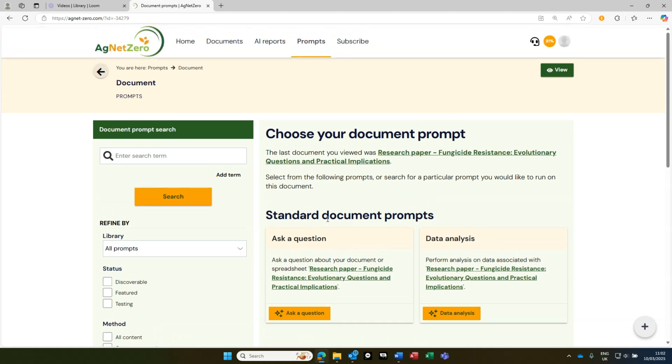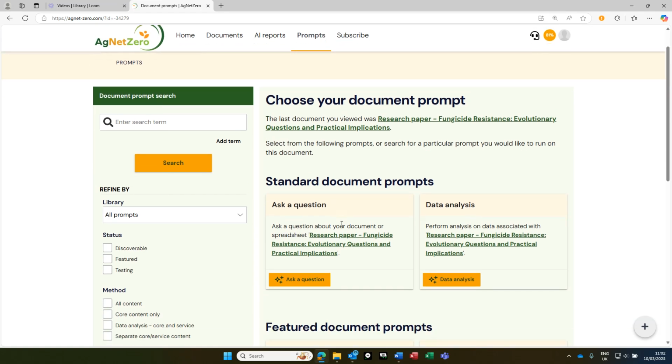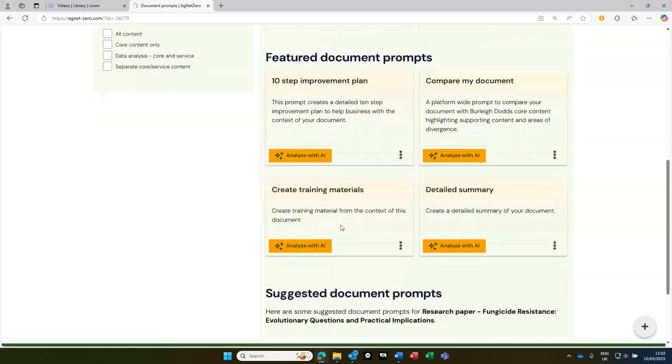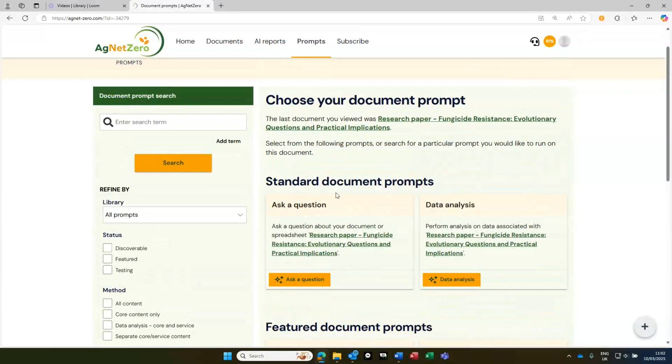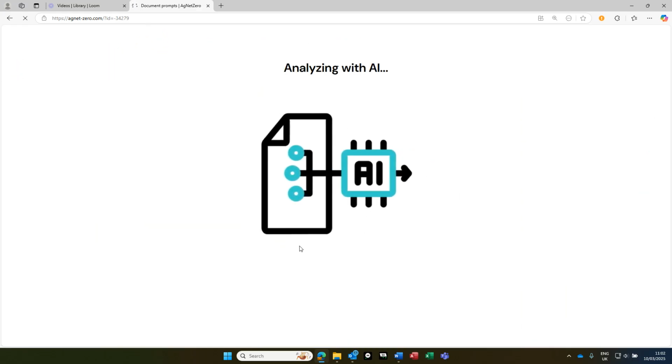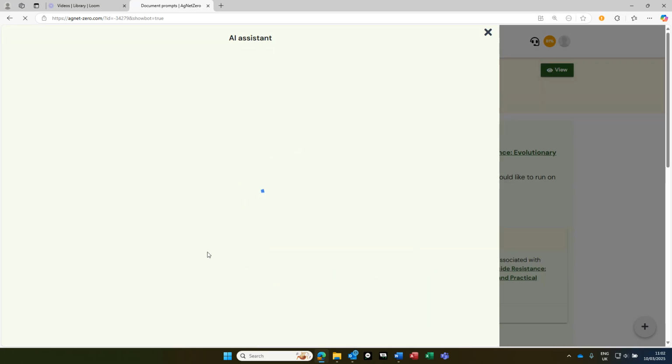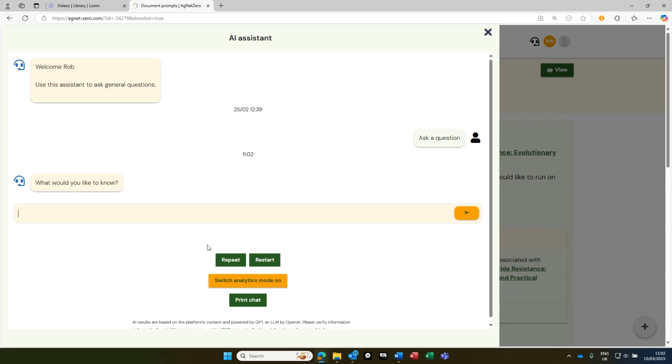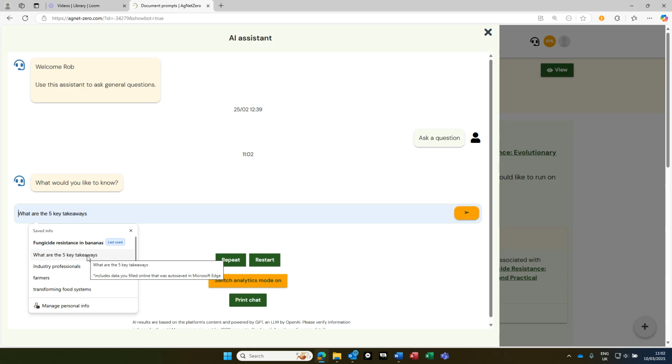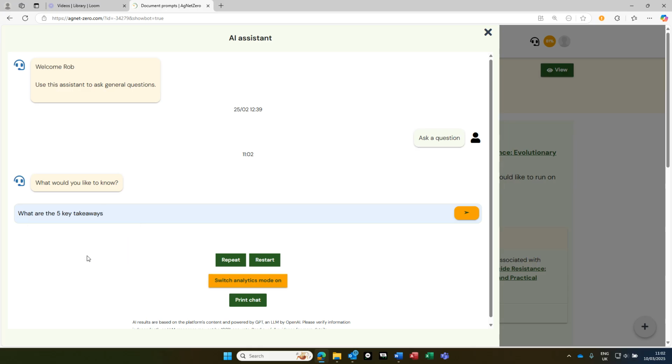And this is going to open up our mini prompt library, and this identifies certain prompts that we can work with. And you can see there's quite a few to start with, but the first, we're going to keep it quite simple. We're going to ask a question of this research paper. So we're going to click on the AI assistant, and it's asking us what would we like to know. I'm going to ask the question of the document, and the AI is what are the 5 key takeaways from this document,